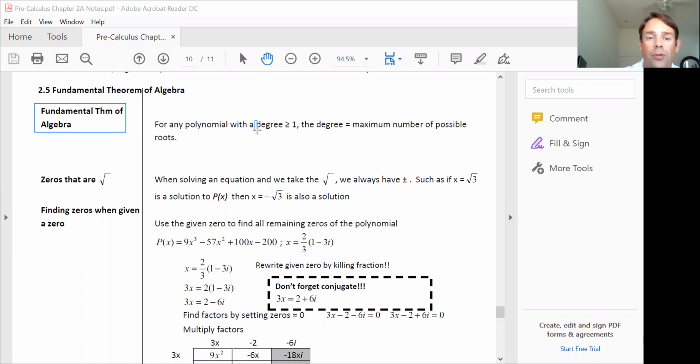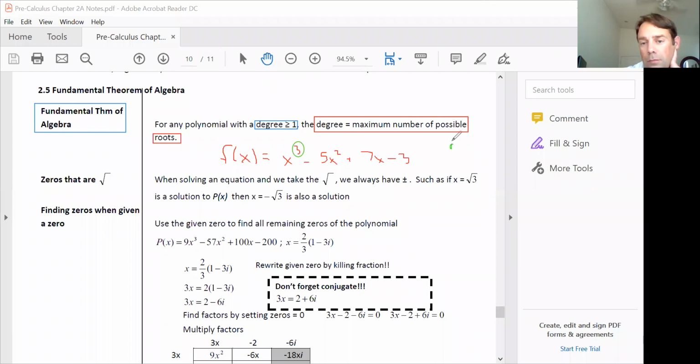Basically what it says is no matter what the degree is, as long as the degree is greater than 1, the degree is always going to be the maximum number of roots. In other words, say I have a function like f of x equals x cubed minus 5x squared plus 7x minus 3. Whatever the degree is, in this case the degree is 3, this means that I am going to have either 3 real roots